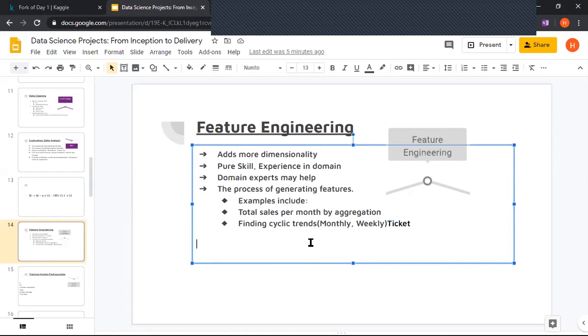Similarly, a specific day in a month, like the first weekend, is when a lot of people buy groceries. So for a grocery shop, that day is also important. Basically, this is how we generate more features, and it comes with experience or domain experts' help. If you keep doing feature engineering for a specific domain, you learn what features to generate. It's completely by experience.